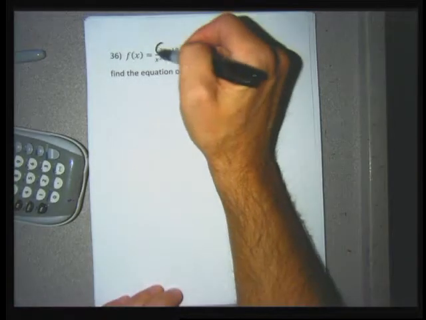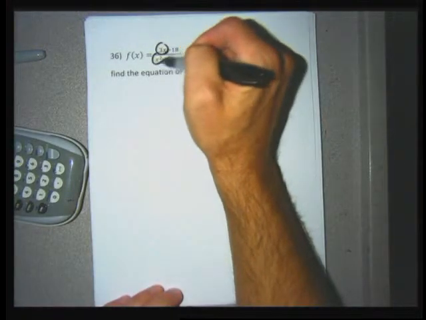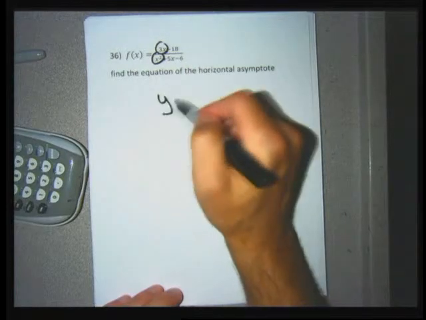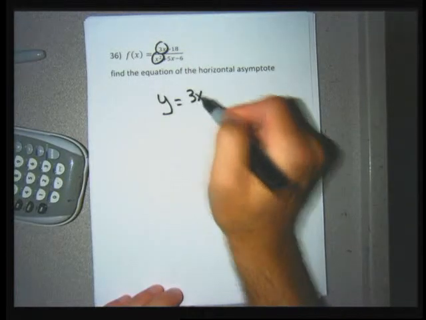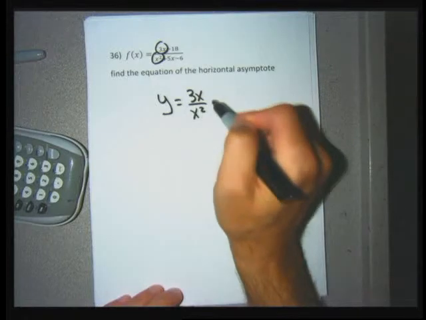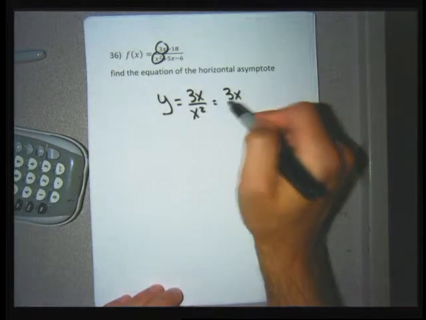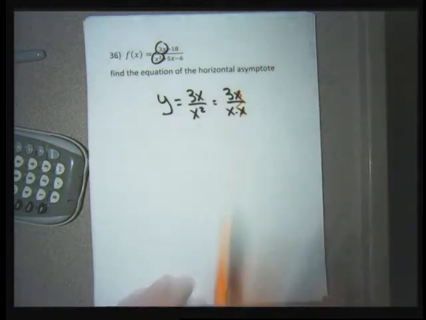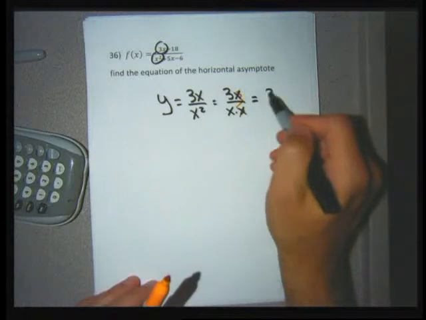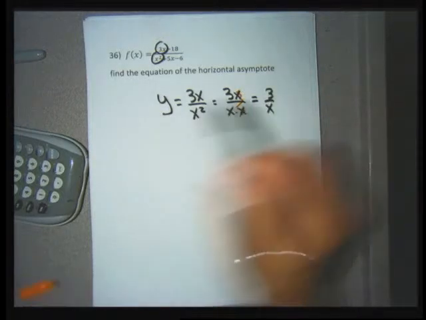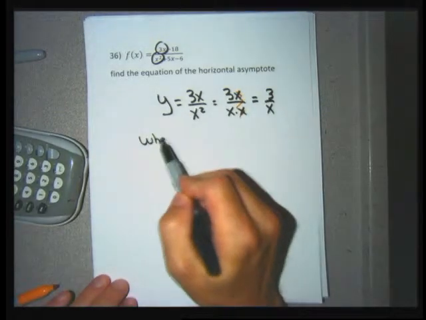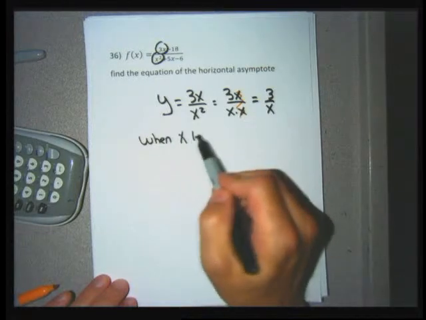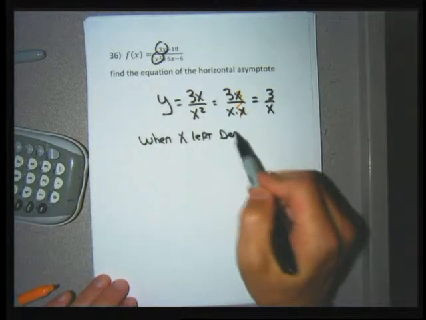36 and 38, when I go to find the horizontal asymptote, I take the highest powered x term in the numerator, the highest powered x term in the denominator, and write y equals, so in this case it's going to be 3x over x squared. If I need to, I can expand that x squared. That's 3x over x times x. I can cancel only one of the x's, and I have an x left and it's in the denominator. When you do this calculation, when there's an x left in the denominator,